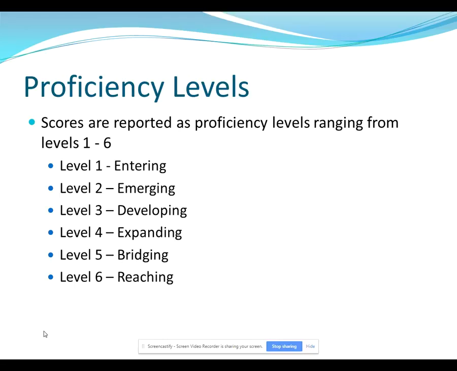Then as the student attains more English language proficiency, their language will be demonstrated in more expansive forms, moving from simple sentences to complex sentences, and from using very simple words to more specific and technical vocabulary, specifically in academic areas. And we will see more expansive forms verbally, in writing, as well as in oral presentations in their speech.